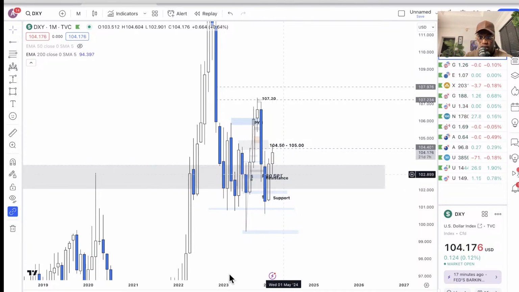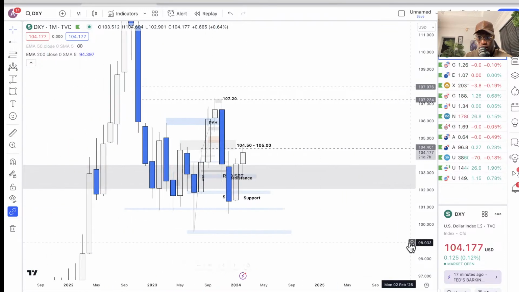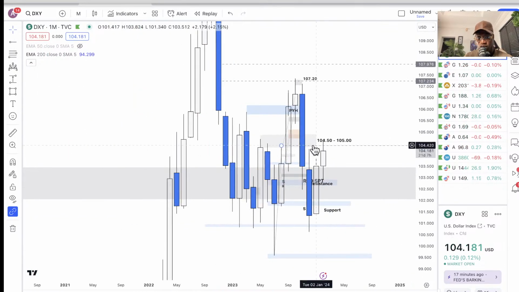But one important thing I want you guys to observe in this monthly candlestick is that the market just reacted to these levels. I think we have one from here. I can extend this all the way to the back: 2022, 2023, May, June, August 2023. We can also add this as well because it falls into the zone. So December 2023, and now we're here again at February 2024, and we're seeing the market just react to this level. I'm going to go into the lower time frames and show you guys.